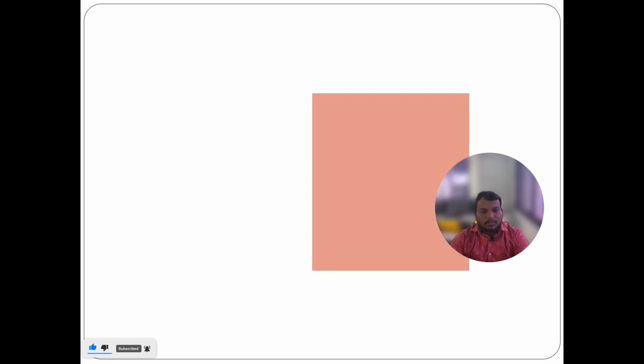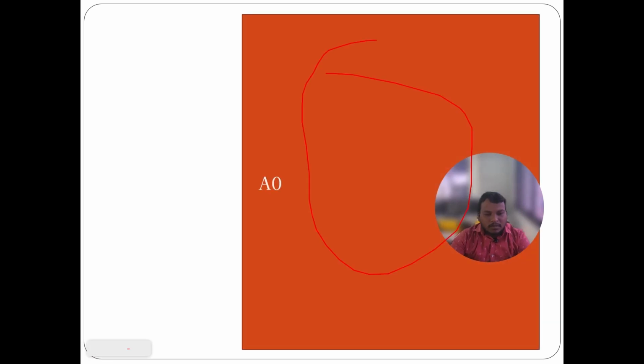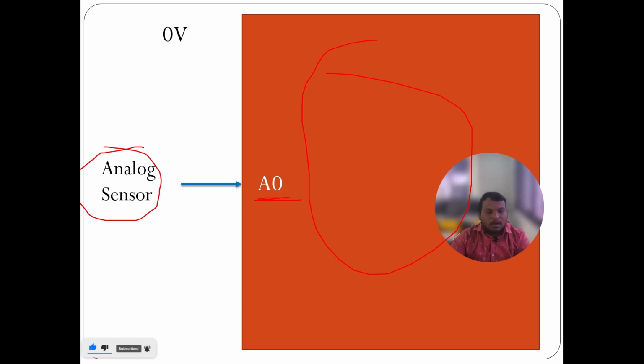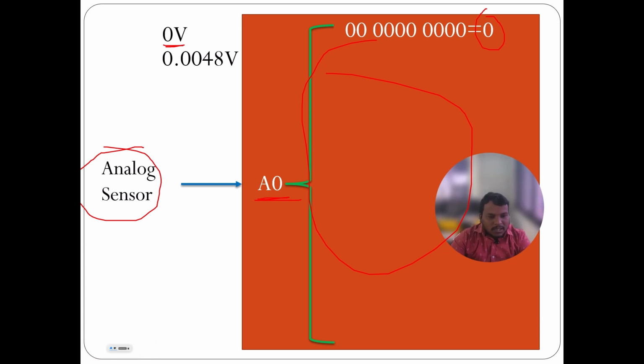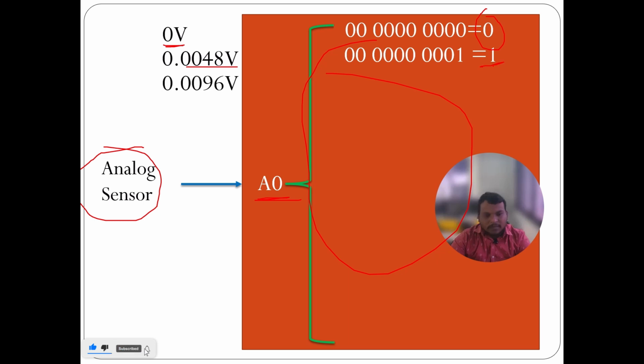Okay, so this is Arduino. I've taken one analog sensor connected to the A0 pin. From the analog sensor, 0 volts is coming, which means the value in Arduino is 0. From the analog sensor, 0.004 volts is coming, which means the analog value is 1. Like that, 0.0096 volts is coming, so the value is 2. Then 0.0146 volts is coming,